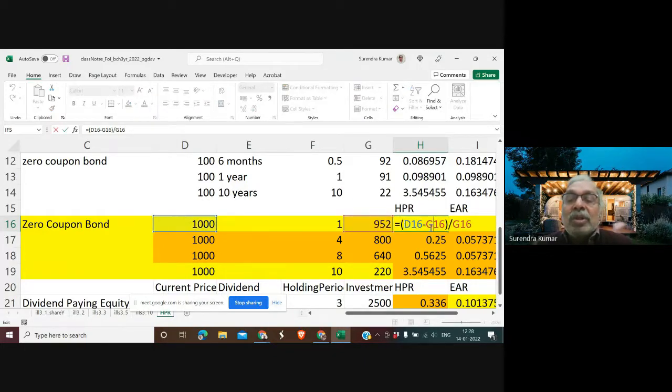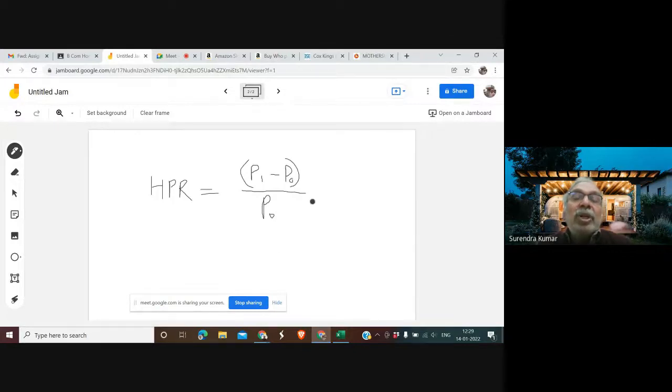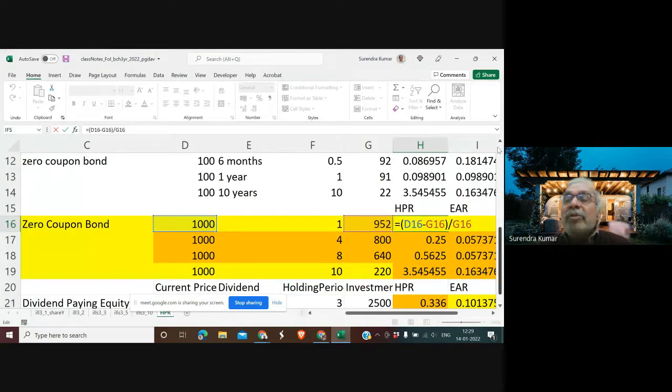So our holding period return. Okay, so taking the whiteboard again, how do we show the holding period return? Holding period return is calculated using the price at the terminal point minus price at the initial point of investment, divided by price at the initial point. So base price, current price minus base price divided by base price is our formula to calculate holding period return. The formula is simple, but I did not discuss it last time because I wanted to discuss it with the help of an example which is practical.